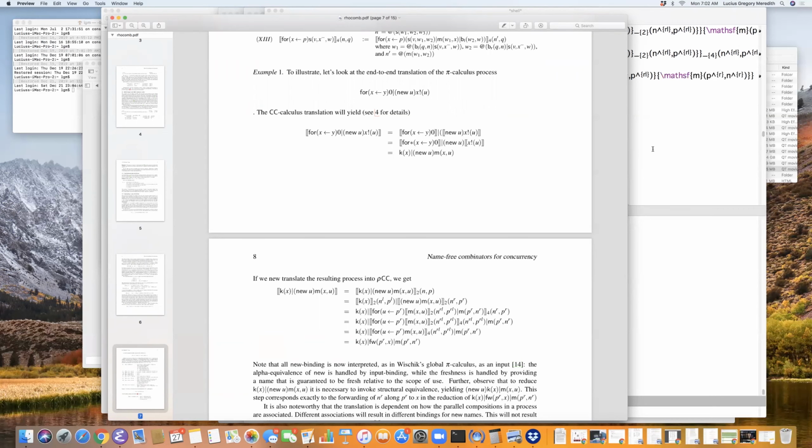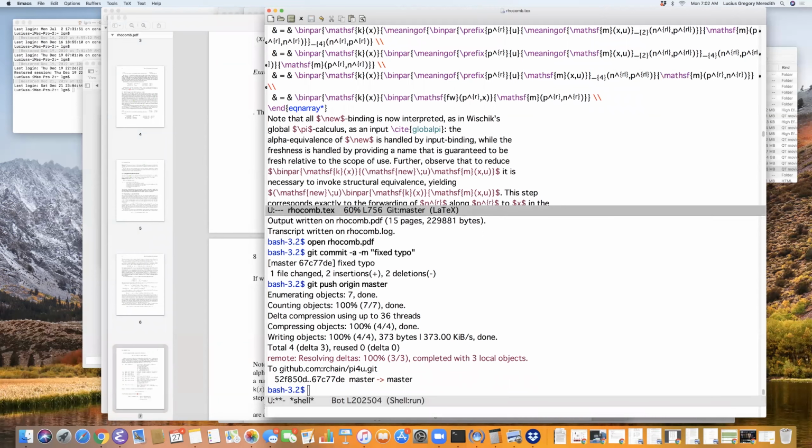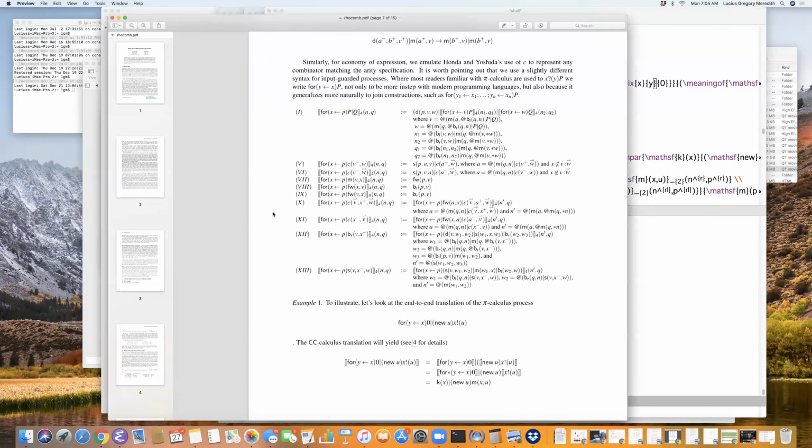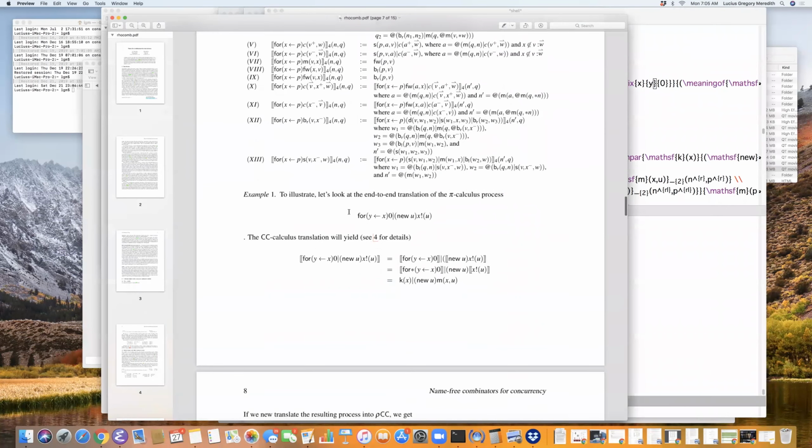Let me fix that real quick. So that's done. Glad I did this. Okay, all right, so here's a standard pi calculus process. So we're listening for something on X, whatever we get will be bound to Y, and then we stop. And that's running in parallel with